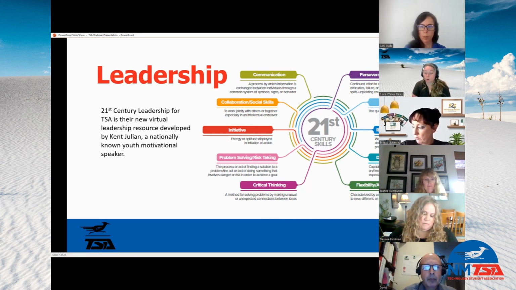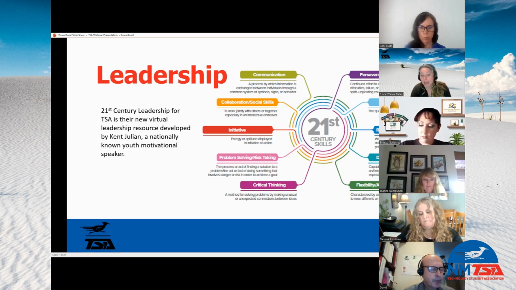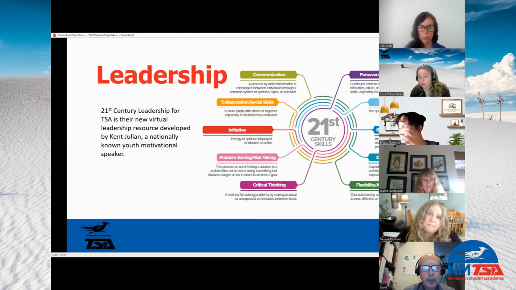Now, of course, the only people who have access to this are members of TSA. So this particular school actually has all of their students as members within the Technology Student Association. So every single student in their school has access to this curriculum, and it really works for them. And that's absolutely something you could partner with a counselor to do, to not only enhance your students, but enhance your school in general, and really get this leadership component across.